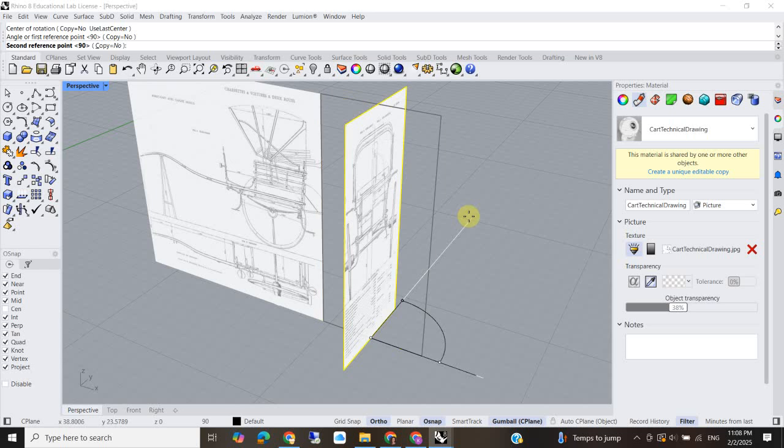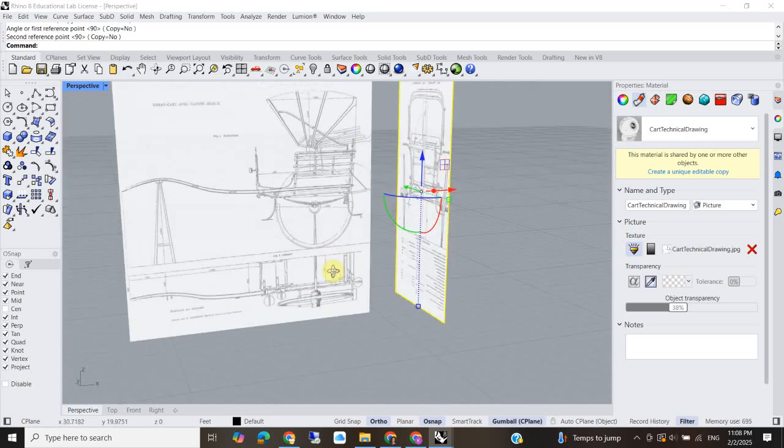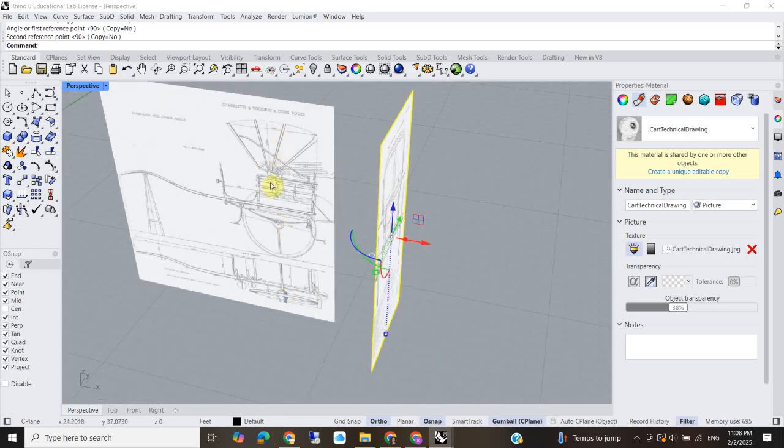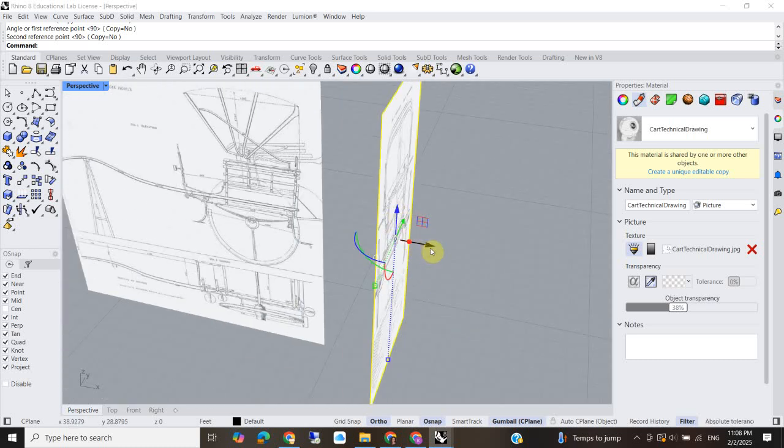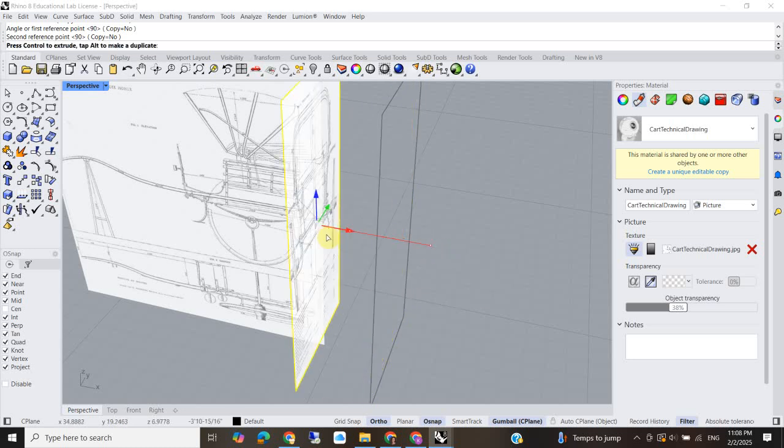And I'm going to rotate that 90 degrees. Now I'm going to move this so it's centered in the wheel. I can use this red. Now notice on the gumball there's these different pieces. If I'm moving, I just want to select the arrow, nothing else. So I'm going to select this red arrow